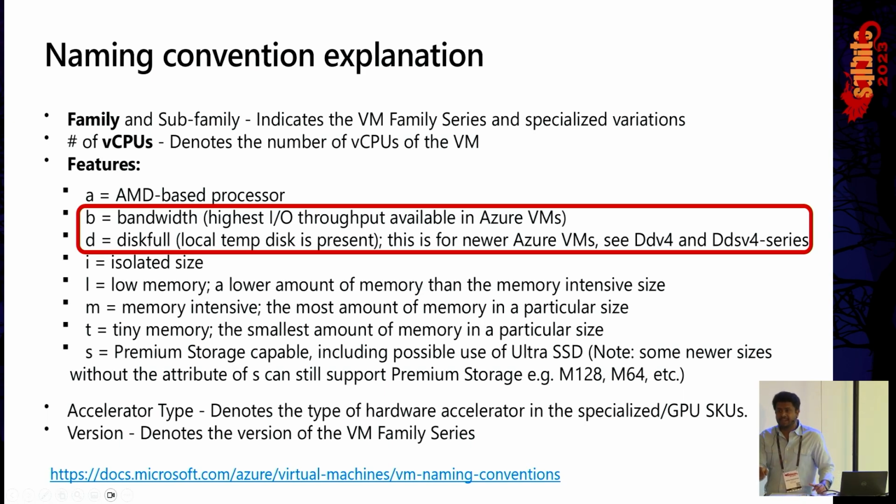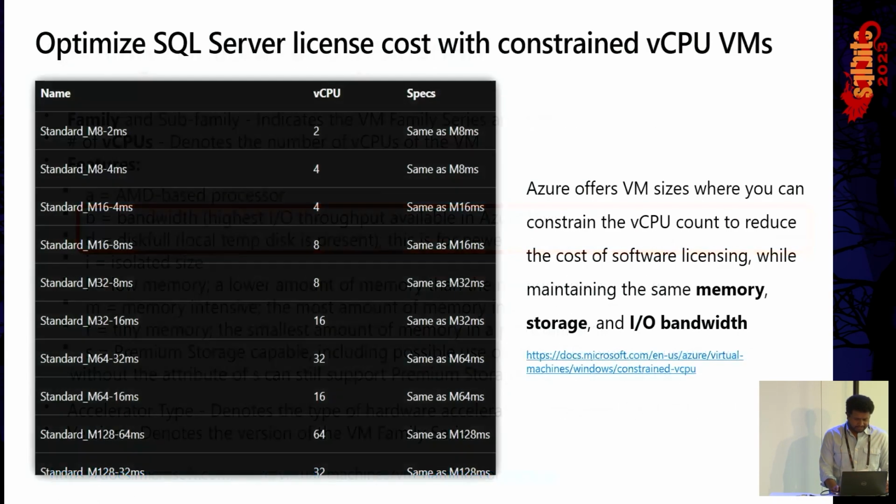Why? That means it is the VM which has the local disk, where we want you to keep your TempDB, and it is the VM which has got the greater bandwidth to the remote storage, sorry. So make sure that you have B and D, okay? Now,